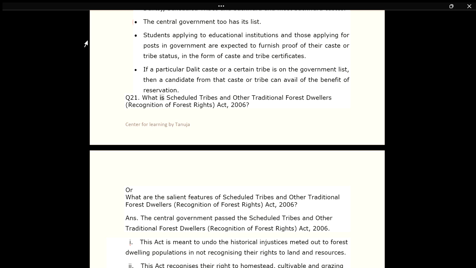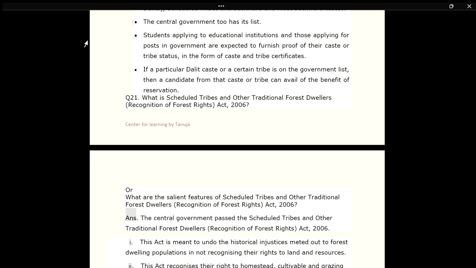Q21. What is the Scheduled Tribes and Other Traditional Forest Dwellers, Recognition of Forest Rights, Act, 2006? Or, what are the salient features of the Scheduled Tribes and Other Traditional Forest Dwellers, Recognition of Forest Rights, Act,